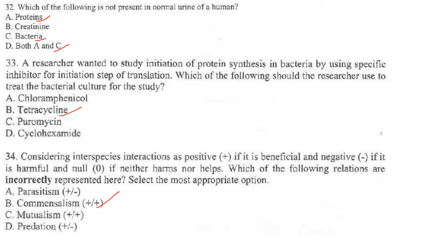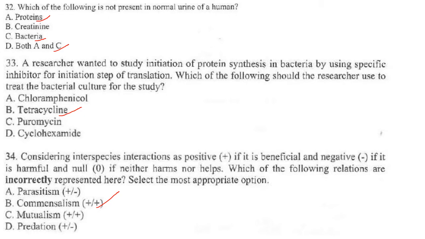Then considering the interspecies interaction as positive if it is beneficial, negative if it is harmful, and null, 0, if it neither harms nor helps. Which of the following relations are incorrectly presented here? Select the most appropriate option. So the options are: parasitism plus minus, commensalism plus plus, mutualism plus plus, predation plus minus. The answer here is commensalism. It is not plus plus, it is